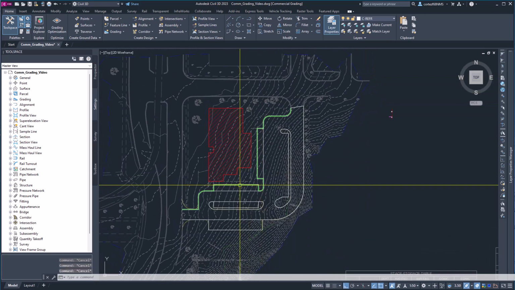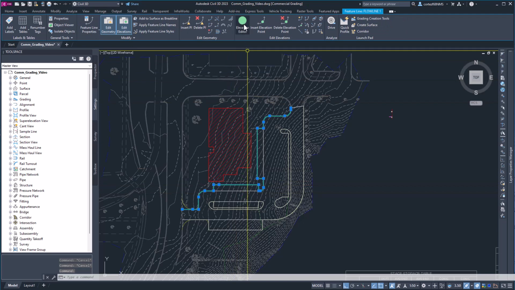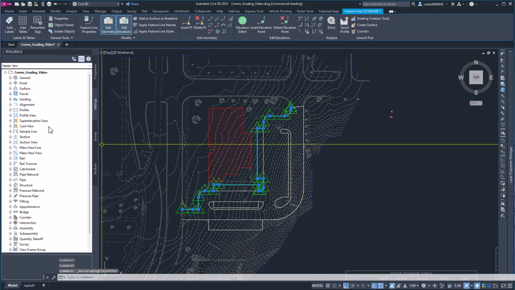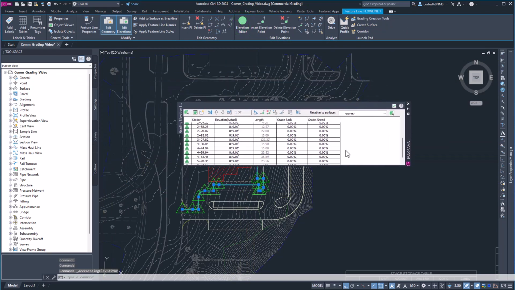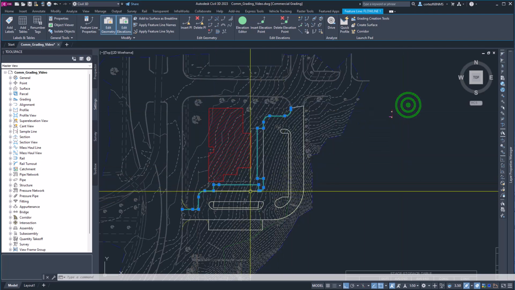And then just to double check, we can go ahead and grab the feature line. I usually come up to the elevation editor. It's going to bring up the panorama, scroll all the way to the top. And when I hit 0, I should see this green triangle where I want to start. And just to double check, yes, we're going in the right direction. Now, if for some reason I wasn't going the right direction, you can simply hit this button here to reverse the direction. So now that I know this guy's good,